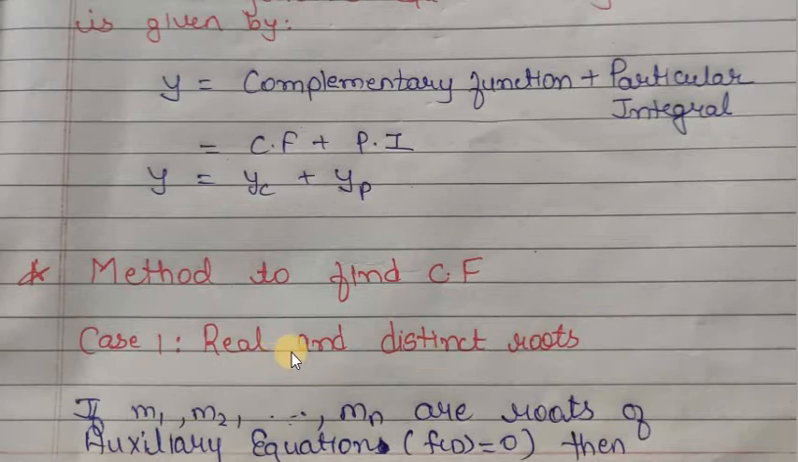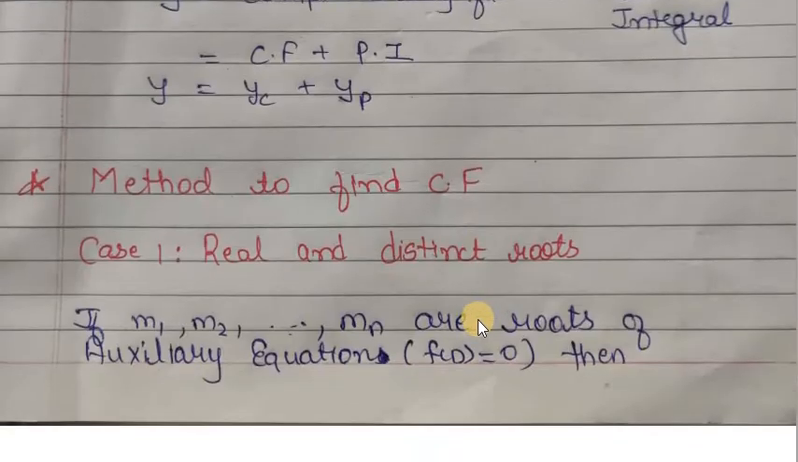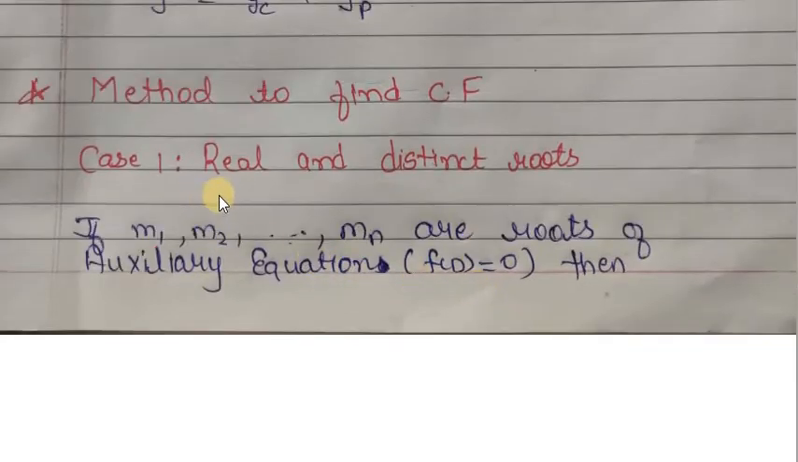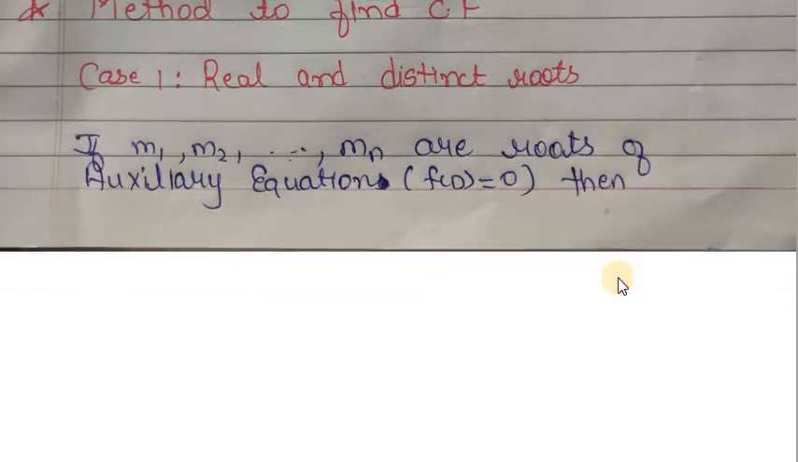So we will see case number 1. What is that? Case number 1 is if we get the values of D or m that are real and distinct roots, then you have to write in this manner: if m1, m2 up to mn are the roots of the auxiliary equation f(D) = 0, then